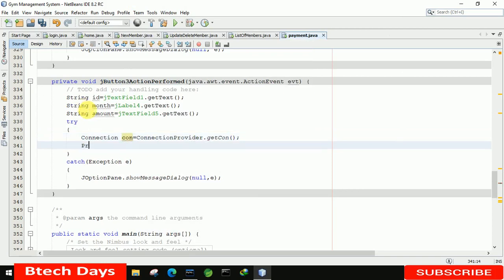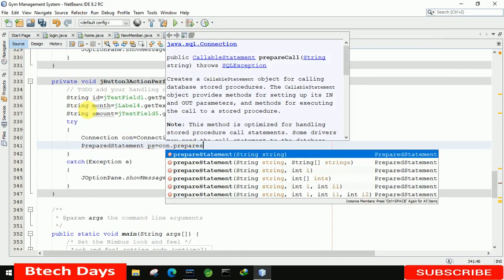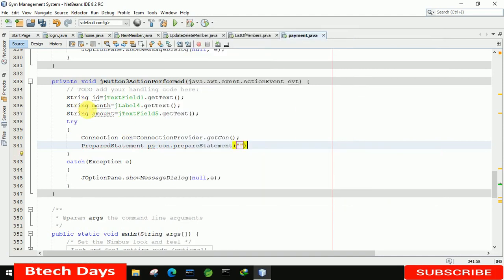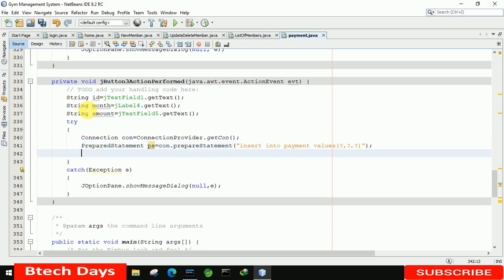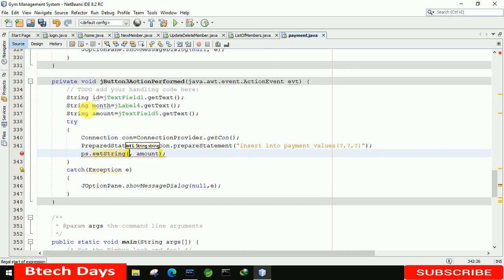After that we have to create the prepared statement, PS equals con.prepareStatement, this one, and here we enter the query: insert into payment values 1 2 3. After that ps.setString, and here 1 comma id. First is id